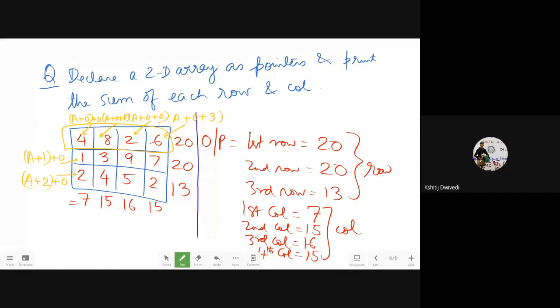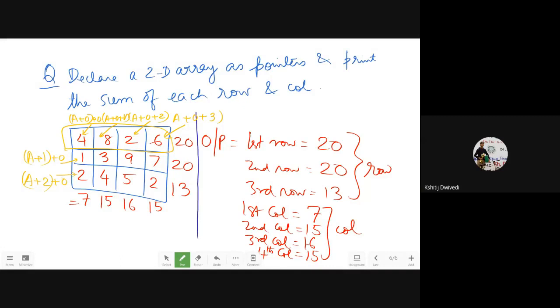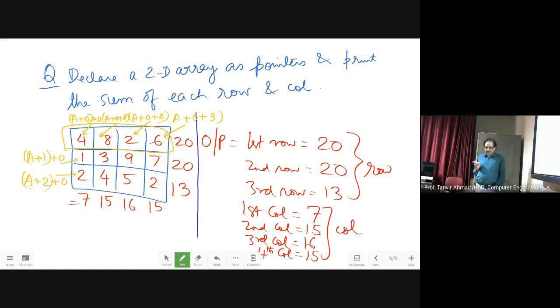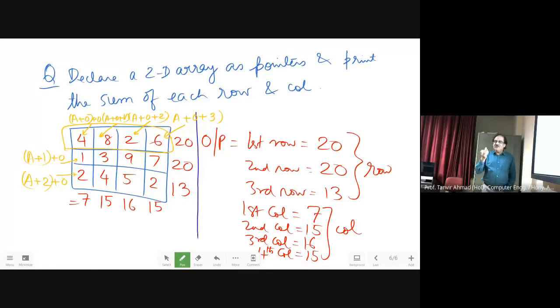Sir, I have a question. Sure. Ask. Sir, we use star to dereference the pointer and get the value at the specific address. So when we put star a plus i, we dereference the row. Correct? So when we are executing that statement, star a plus i plus j in brackets, first of all we dereference the row, but we don't get the value. We use the address and add plus j to it. See, actually, the value is an address itself.